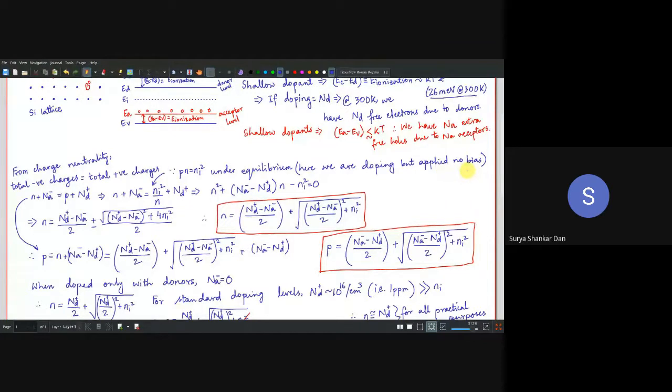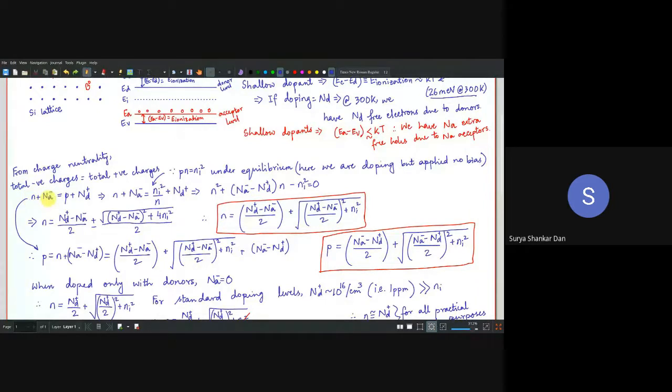Until now, we have applied the doping, but we have not applied any bias as yet, and as I told you, there is no field and the bands are completely flat. Since we have doped but not applied any bias, it is still under equilibrium. Look, when you are doping a material, it doesn't hamper the equilibrium. But in addition to doping, there is only one energy which doesn't hamper the equilibrium. We will look into that after some time.